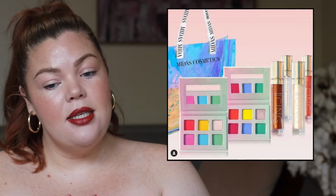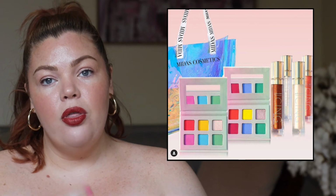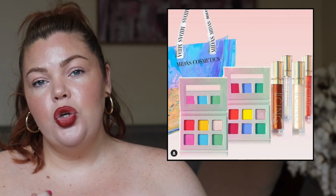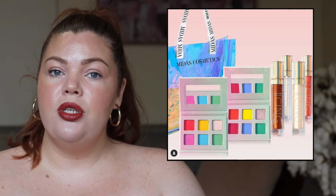One brand in our indie section is from the Midas Cosmetics company. They have brought out a pastel collection. The palettes are $16 each, or both for $30. And the reason that there are two is because one is for lighter skin tones and the other one is for darker skin tones, so that the